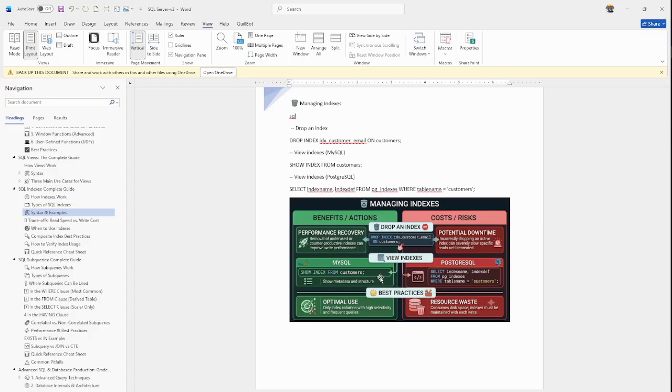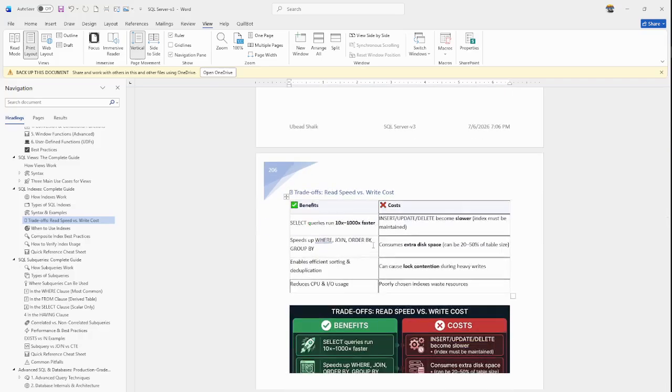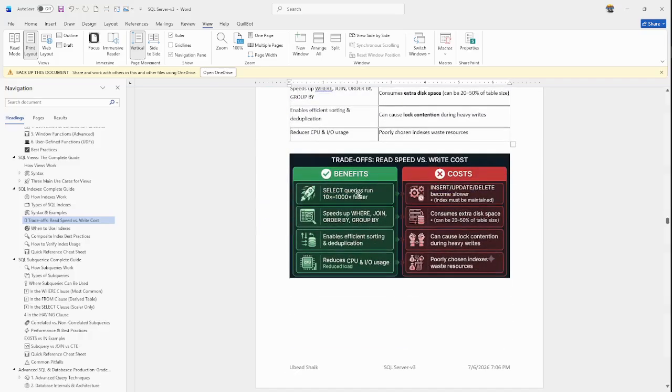It will consume your disk space and it will consume a lot of writes. It will keep on writing it. Okay, you are indexing on the database. So what is the benefit of read speed versus write cost? So if you are reading, you skip something after